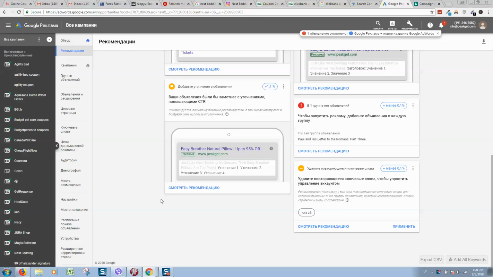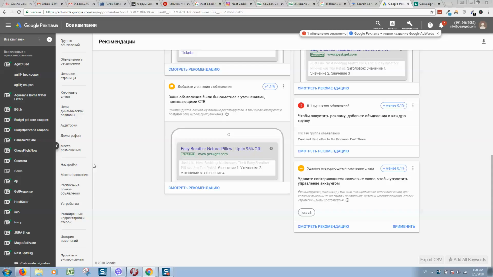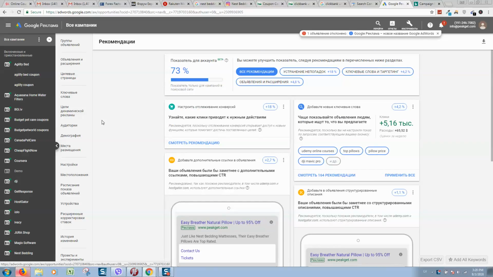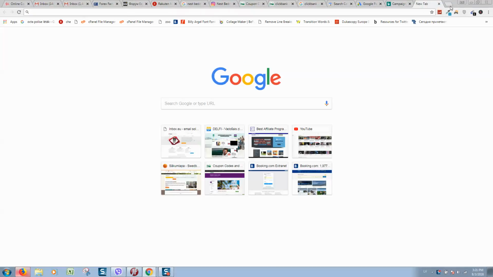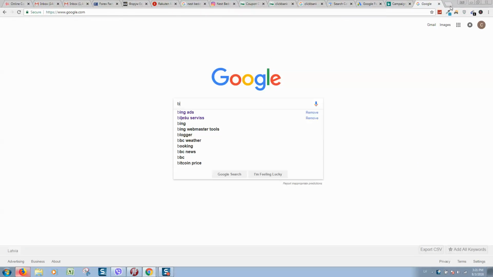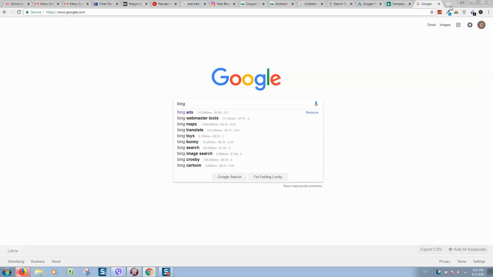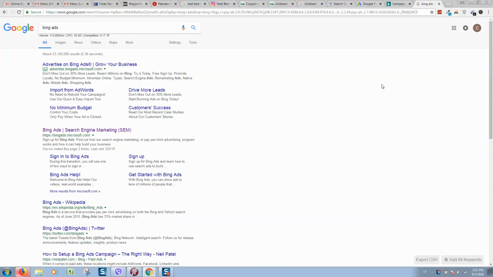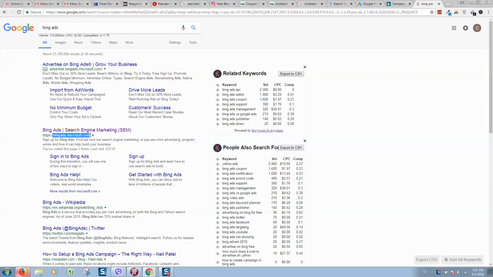Okay guys, so if you are already working with Google Ads and Google Editor tool, then you probably want to expand your ads. So how can you easily double your promotion? What you need to do is simply go to Google and type in search Bing Ads. So here it is, bingads.microsoft.com. Simply click on it,